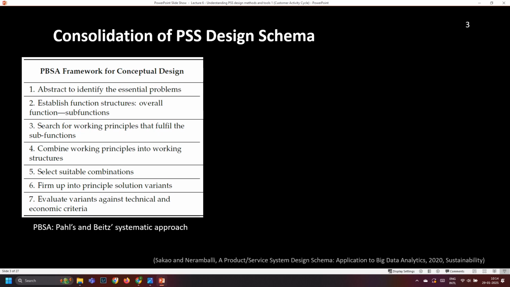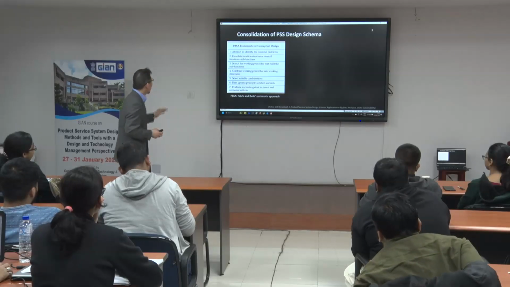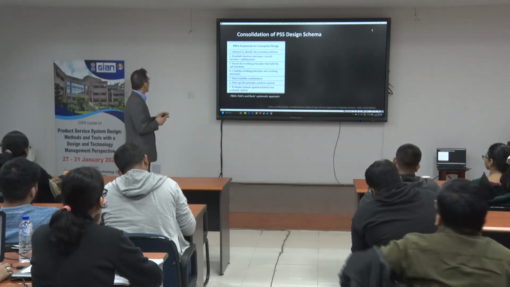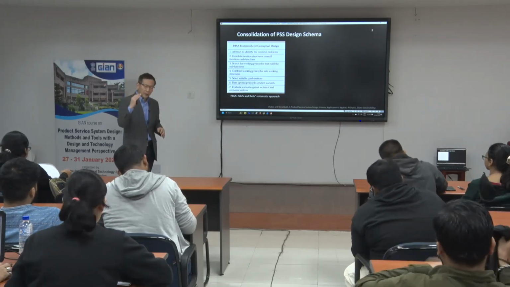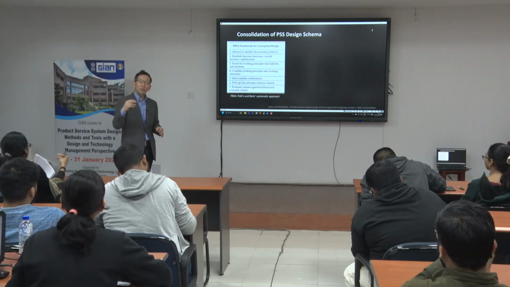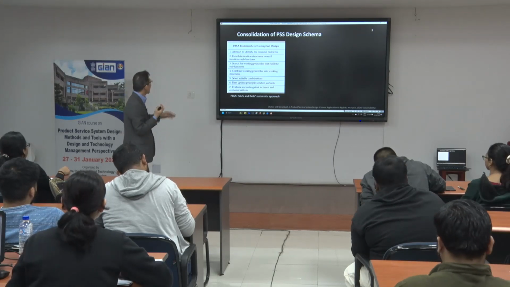So here on the left-hand side of the slide, you see Pahl and Beitz's design methodology or design framework. Have you heard of Pahl and Beitz? No? Okay, so just for your recap, it's described as stepwise, but allowing iterations in between the steps,